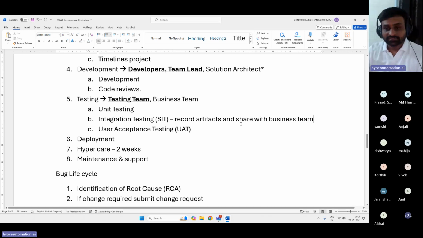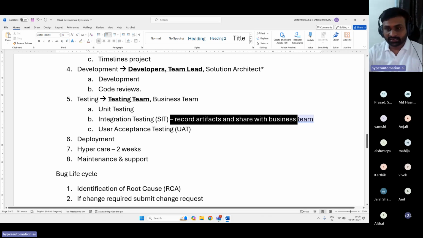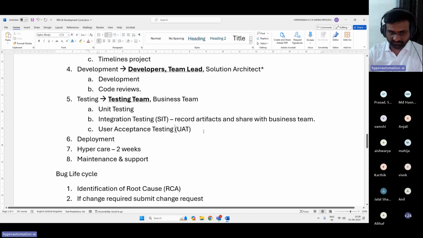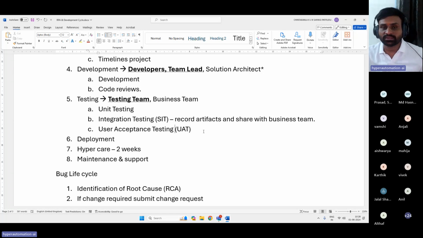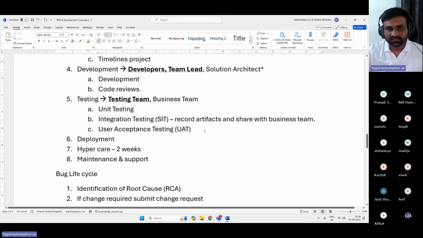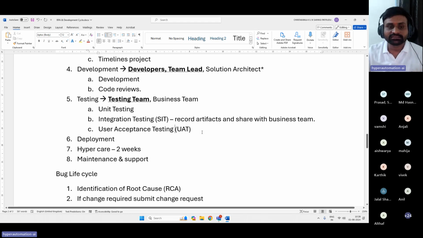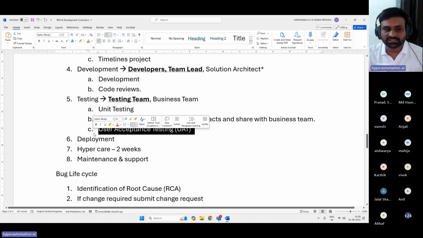Whatever testing we have made, the input data and what output we received and the test case results, we will be submitting to the business team as evidence that our automation is working as expected. They will review the test data, and in case something is not as expected, they will come back to us, or else they will give the sign off and they will initiate the user acceptance test.